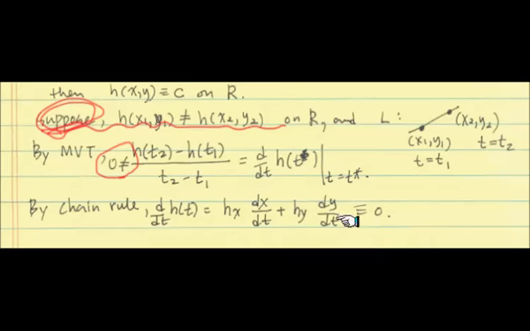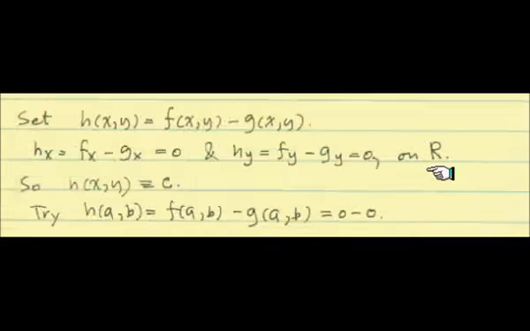Therefore, if you have a two-variable function whose partials are both 0, it must be constant. So how are we going to apply this to f and g? It's simple. This is another standard technique. You're going to set h(x, y) as f(x, y) minus g(x, y) like this. The differential operator is linear, so it's going to behave exactly the way we wanted, to get this property of h_x being 0 and h_y being 0 identically on this region R. So we concluded whenever that happens, the function is a constant function on that region.